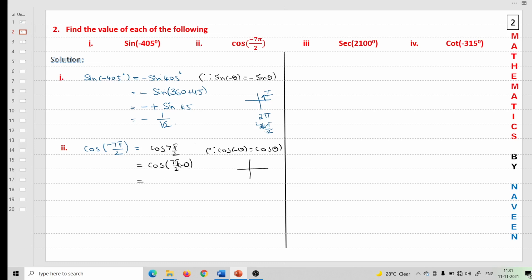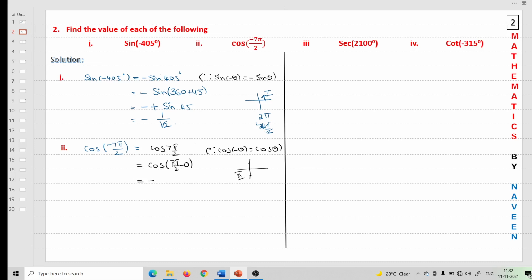So that is equal to, see, 7 times of 90, right? 1 time, 2 times, 3 times, 4 times, and then 5, 6, 7. Seventh time is here, right? So seventh time is here means in third quadrant, minus 0, right? We are decreasing with some angle in third quadrant. In third quadrant, cos values are negative. Only tan and cot are positive. So here minus I am writing first.